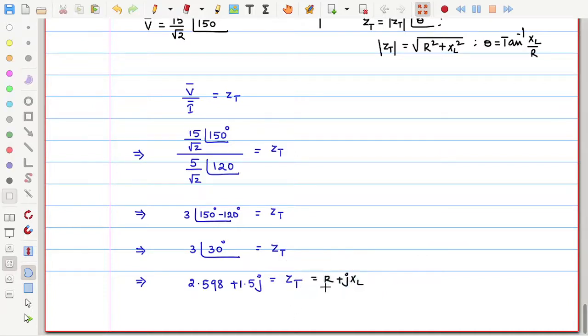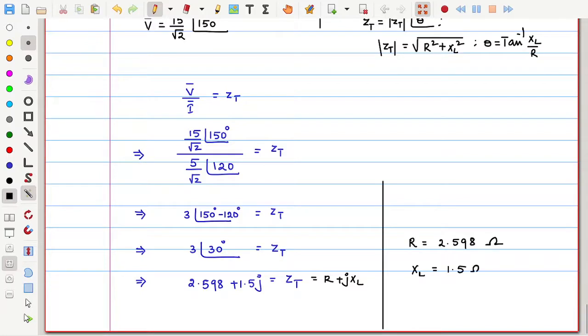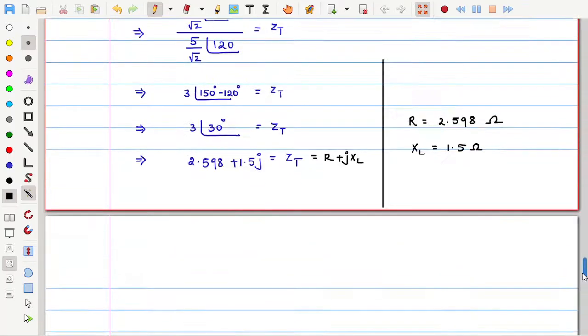Now can I compare real parts and imaginary parts on the left side and right side? Compare real part and imaginary part. How much will I get? R is 2.598. Exactly. Directly I am getting 2.598 ohms. How much is XL? 1.5 ohms. But we already know that XL is equal to